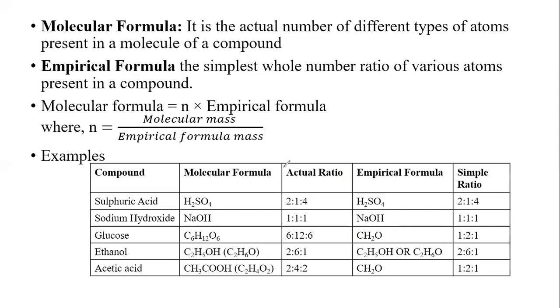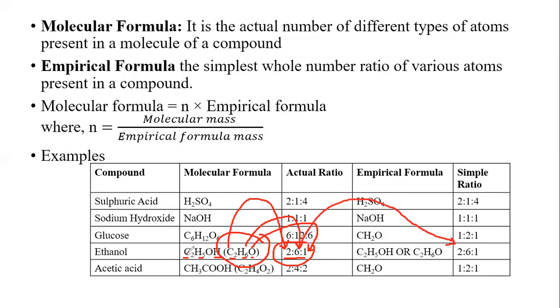Let us understand with the help of ethanol. Ethanol is C2H5OH, and the number of carbons is 2 and that of hydrogen is 6. So C2H6O is the molecular formula of ethanol. So we know 2 carbons are present, 6 hydrogen are present in the formula, and 1 oxygen is present in the formula. So 2:6:1 is the actual ratio of the elements present in the molecular formula, and this ratio cannot be converted into a simpler form. That means it itself is the simplest form.